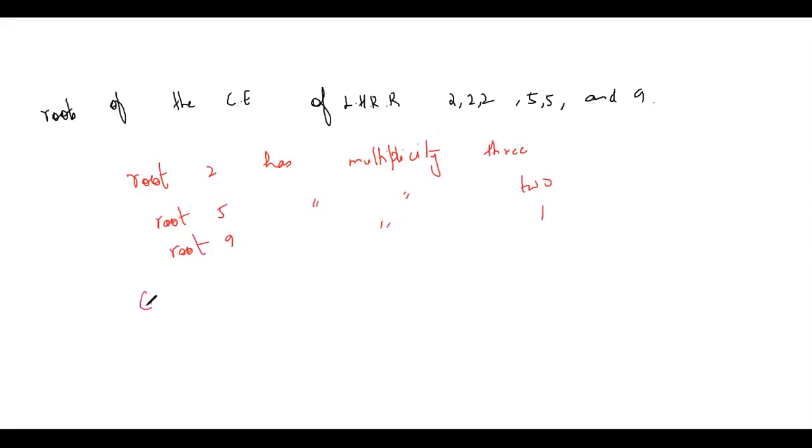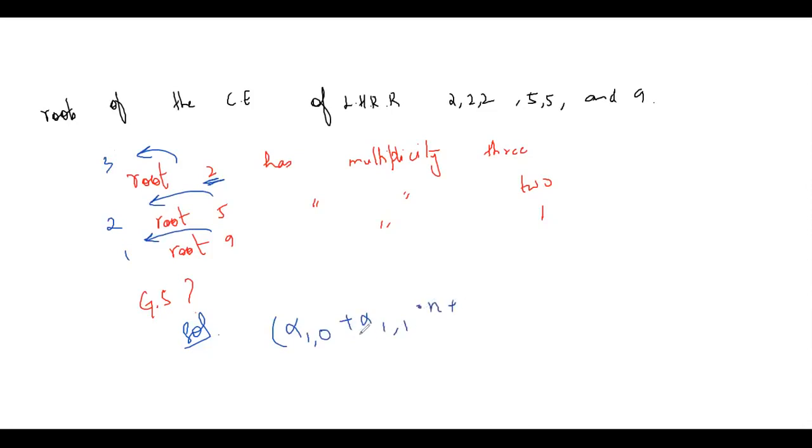Now what is the general solution? We have to find the general solution. For this, let's take the solution as follows. So by theorem 4, the general solution will be in this form. Root 2 will have 3 constants associated with it. Root 5 will have 2 and root 9 will have 1. How should it be written? So root 2 is your first root, so it will be alpha 1 comma 0 plus alpha 1 comma 1 into n.